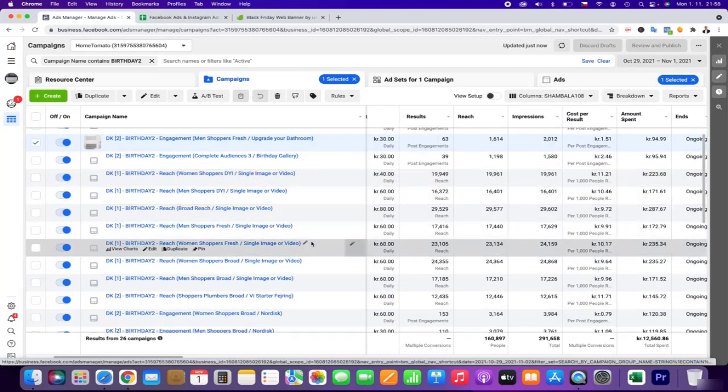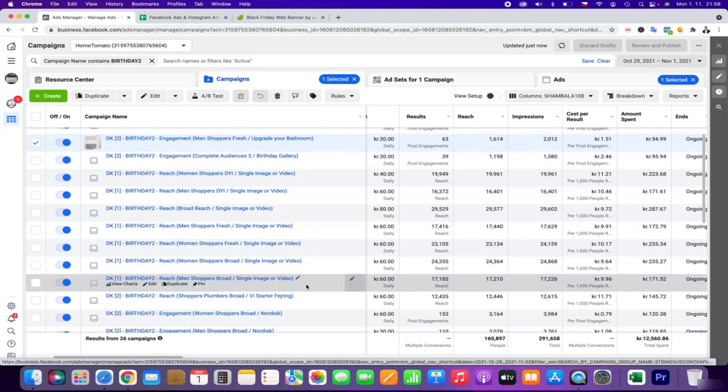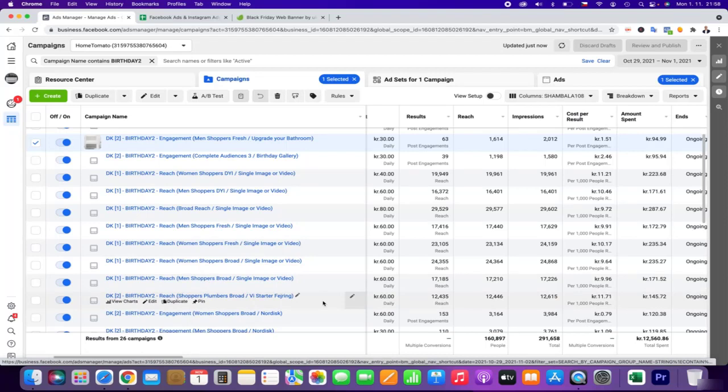This reach we have for 7 days. So after 7 days, I will have to renew it, remake it, and start running a new reach again. What I did concerning the reach is I decreased the budget here a little bit. It's not doing so well.